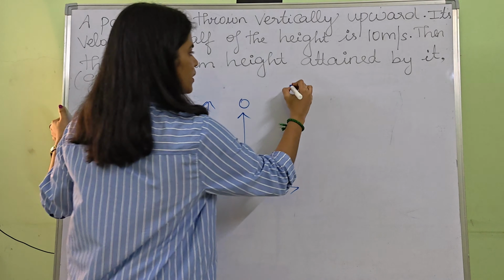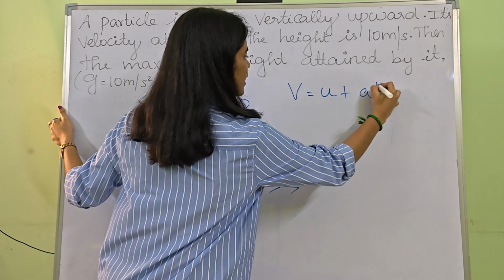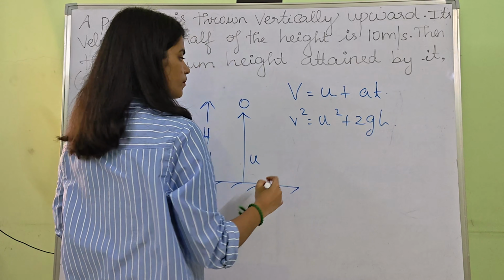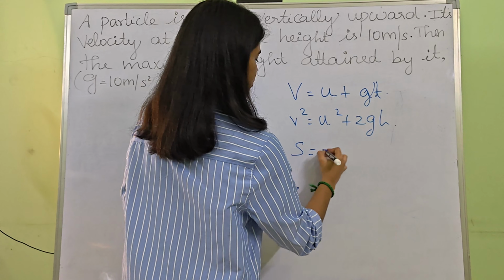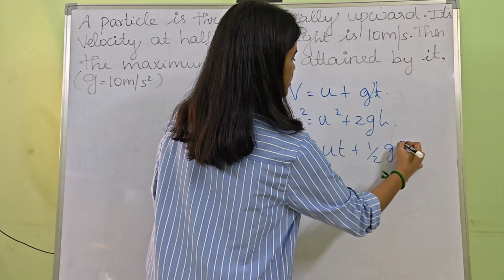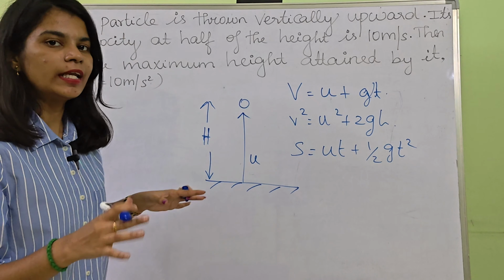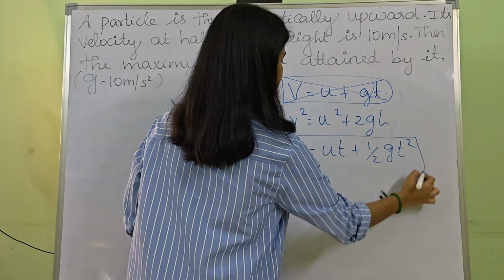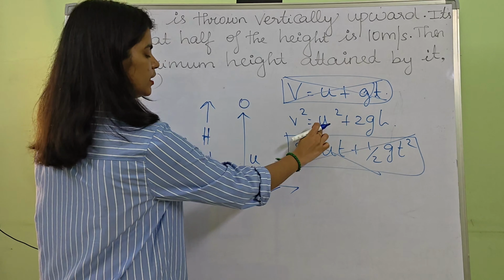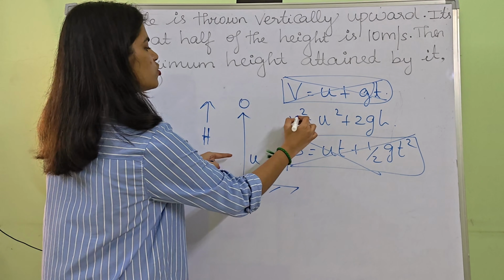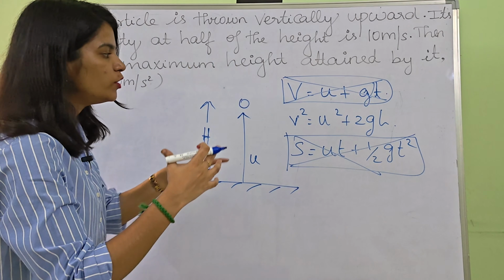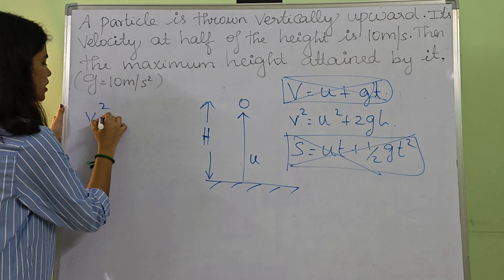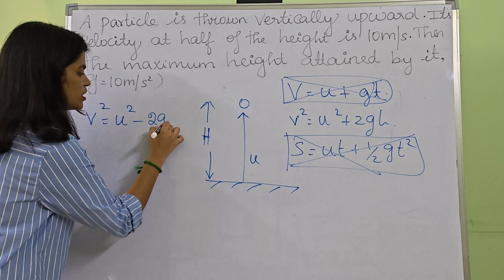Okay. So you know the kinematic equations. So v equal to u plus at. Then v square equal to u square plus 2gh, make it as g. And s equal to ut plus 1 by 2 gt square. So in this question, they didn't mention anything time related. So we don't want to use the first equation and the third equation. So the only thing is initial velocity they provided. So whenever the object reaches the maximum point, your final velocity will be 0. So maximum height also is there. So v square equal to u square minus 2gh.